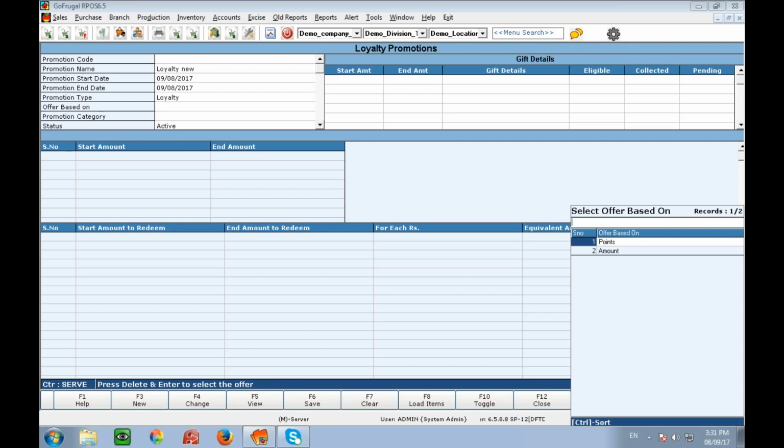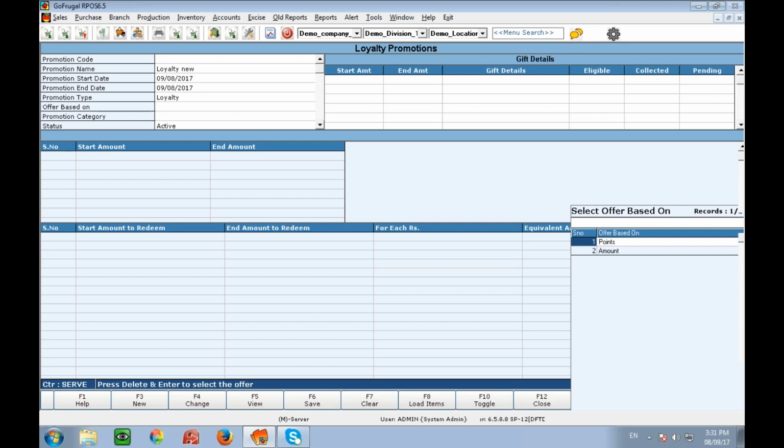Here you have two loyalty calculations: one is points and one is amount. When you choose points, you reward points to the customers, and the customer can redeem the points anytime. For that you will have a separate calculation for how much amount you can give in the redemption.